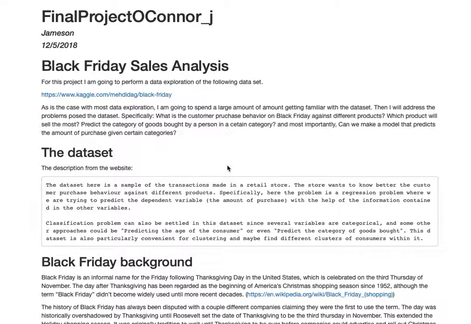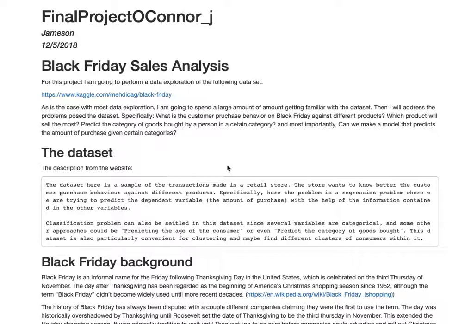Guys, I'm Jameson O'Connor, and today I'm going to be presenting my final project for data collection. I did my project on a dataset I found in Kaggle that highlights the sales from a certain store on